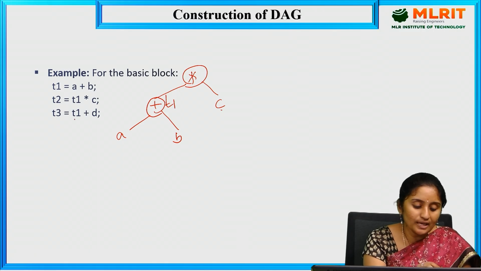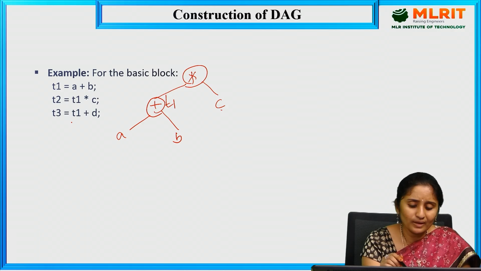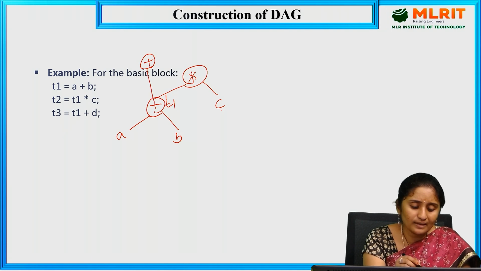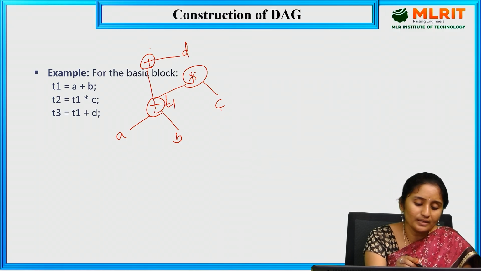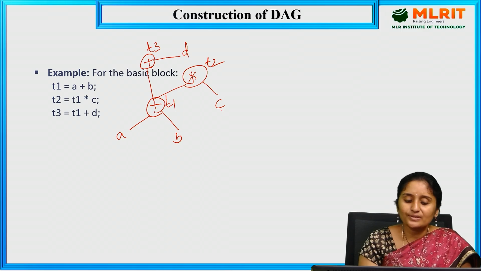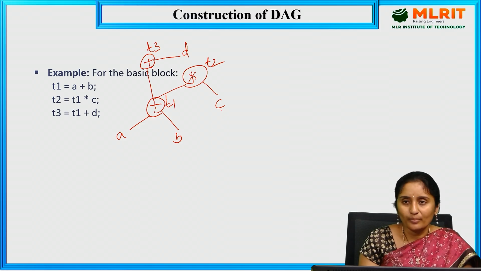Next, T3 is equal to T1 plus D. So check anywhere if we have any plus operator. So let me write here plus, and what I have here is T1 plus D. Is there any D? Let me write here plus on this side. So T1 is there. Yes, T1 is there. And T1 plus D, is there any such operator anywhere? There is no such identifier. So let me point it as plus D. It is pointing to T3, and the other is pointing to T2. In this way we are going to construct the DAG. By doing this construction we are going to reduce the common sub-expressions.